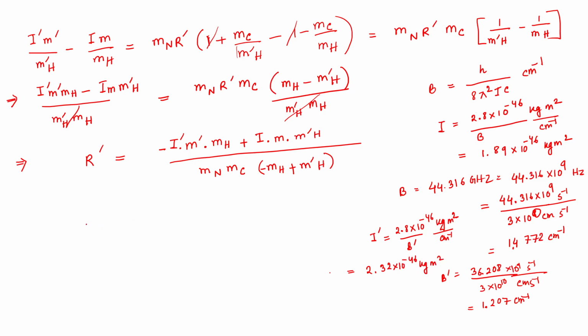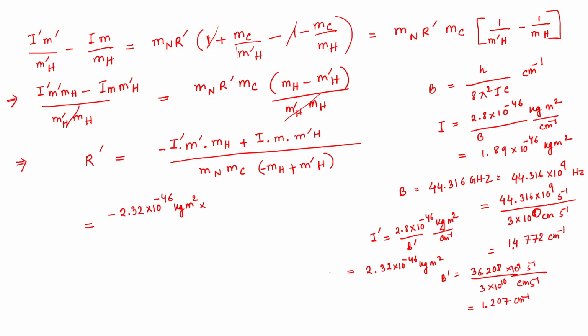So I'll put this value here. So minus I dash, which is 2.32 into 10 to the power minus 46 kg meter square